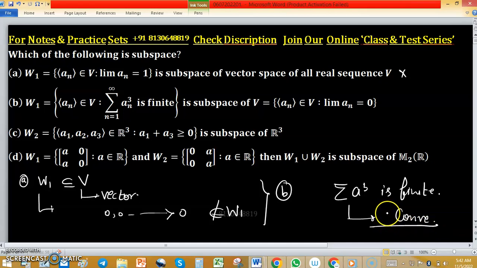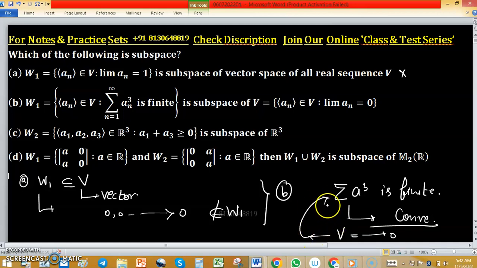It is a subspace of V containing all those sequences having limit 0. Because if we consider another type of sequence which converges to a different point, then 0 will not be there. So it is necessary for V to contain at least one sequence which goes to 0, and this is also